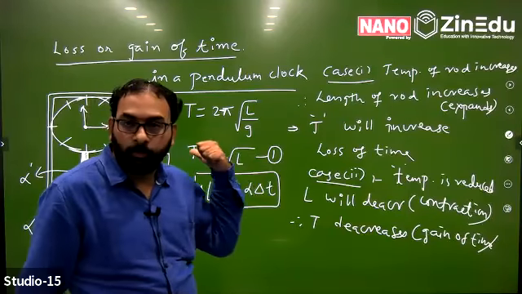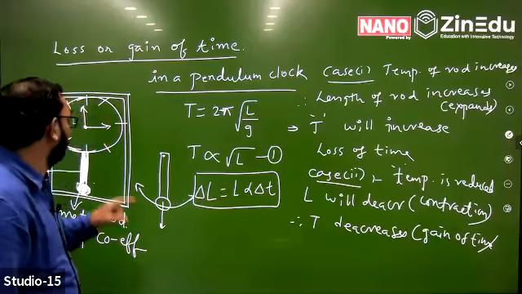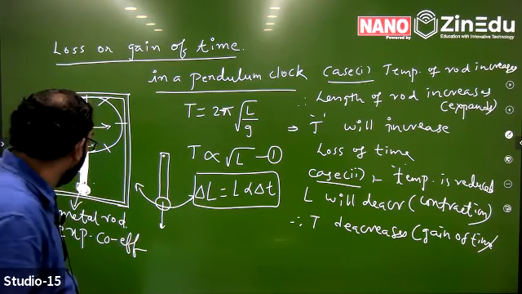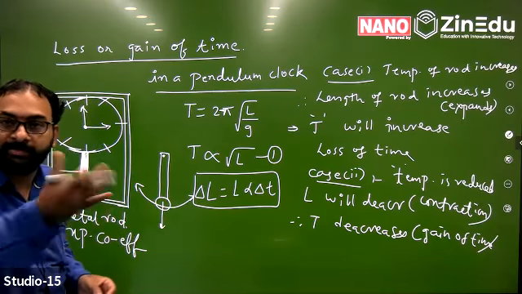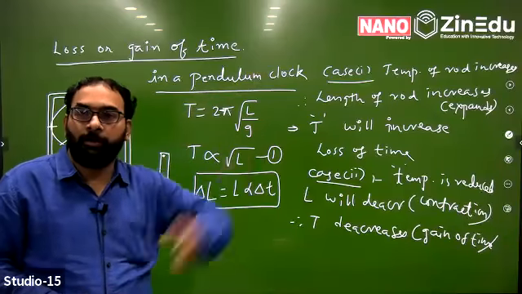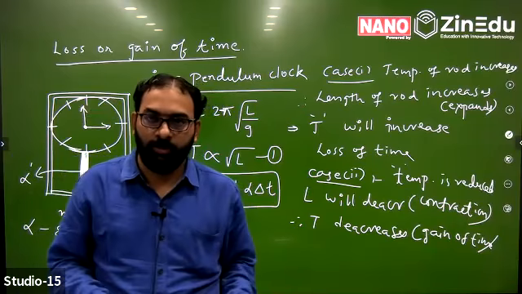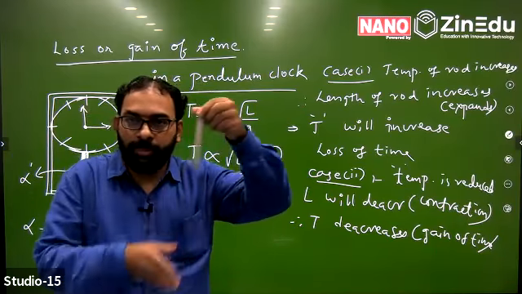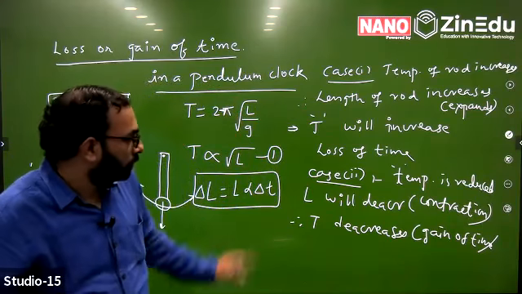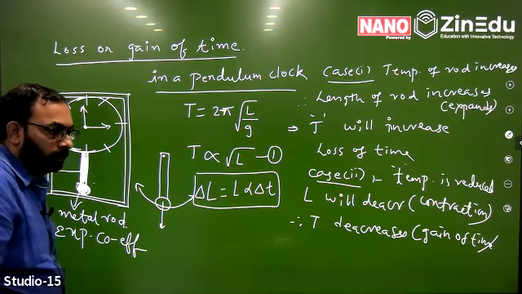And here in this pendulum clock, why does loss of time and gain of time happen? Only one reason, that is because of the decrease in length of the rod and increase in length of the rod. But why does the pendulum rod length increase and decrease? Because it is used in a hotter climate, or at a higher temperature once, and this clock is used at a very low temperature once. Because of that reason, the length of the oscillating pendulum rod either contracts or expands. Two things happen. So this is the concept.